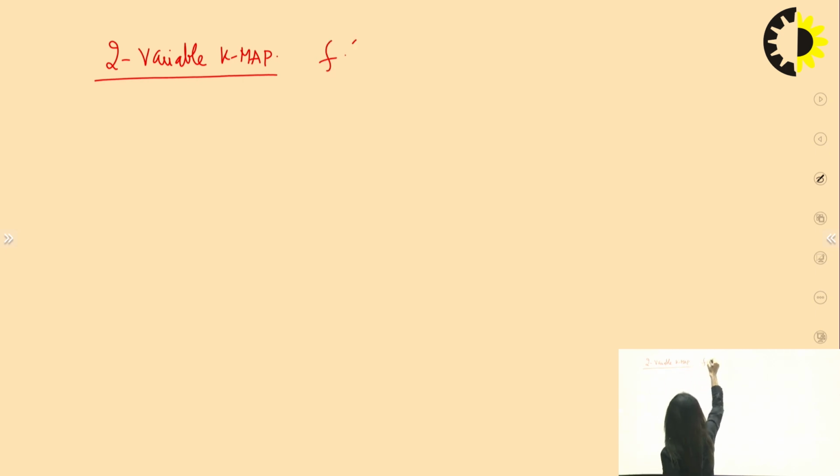So we will start from the 2 variable K-map. Okay, so we take one function f. It has 2 variables, right?